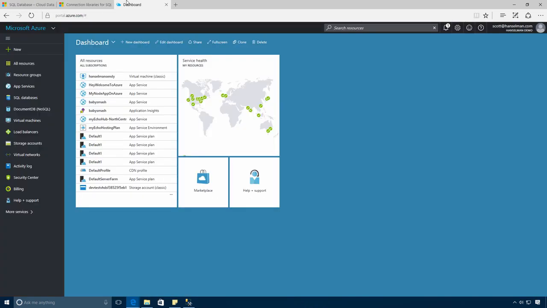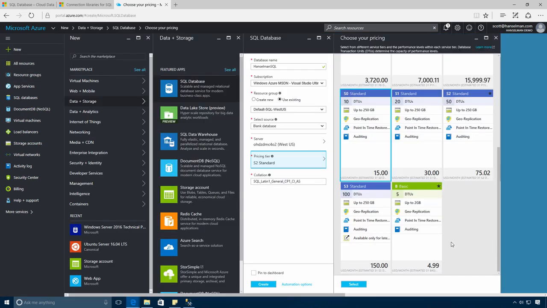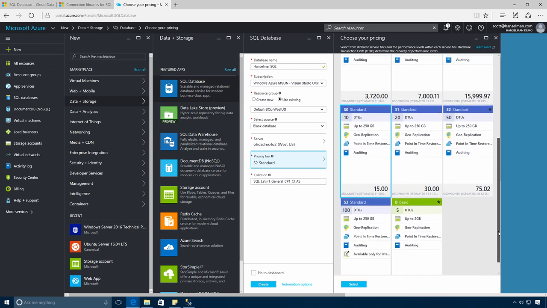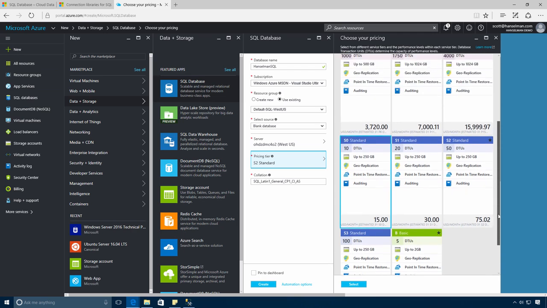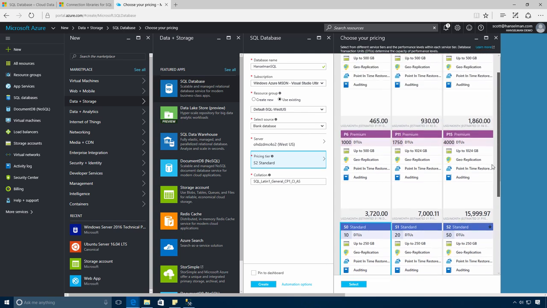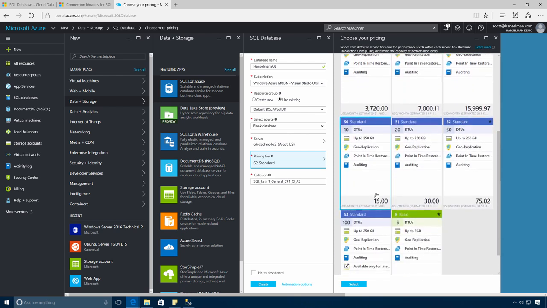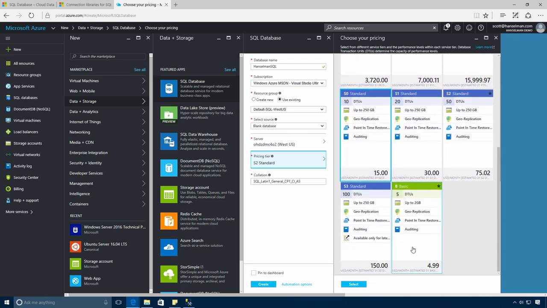I'll go here to the Azure portal and create a SQL database through the Azure Marketplace. You can test out SQL Database for as little as $5 a month at the lowest performance tier. Azure SQL Databases use DTUs, or Database Transaction Units, as a relative performance measure to help you understand each of these price points. Because you can scale on the fly without any downtime, you can easily change the performance tier